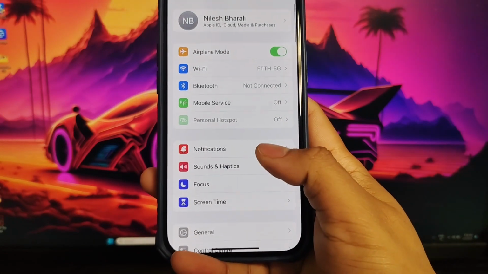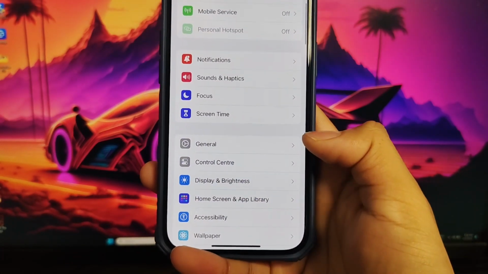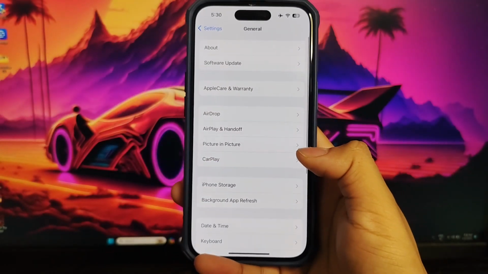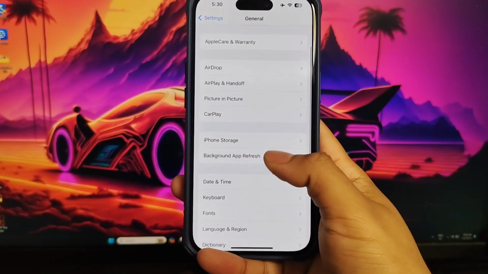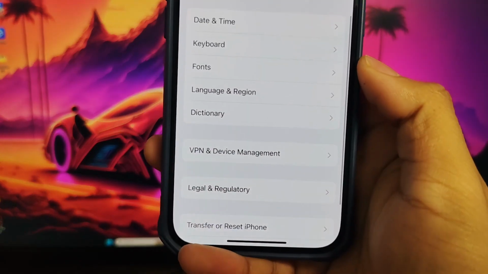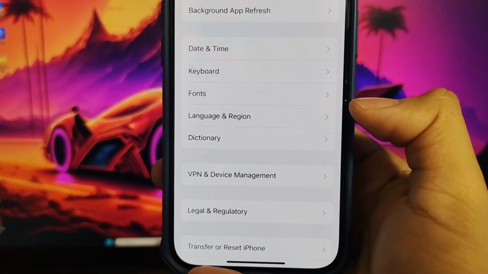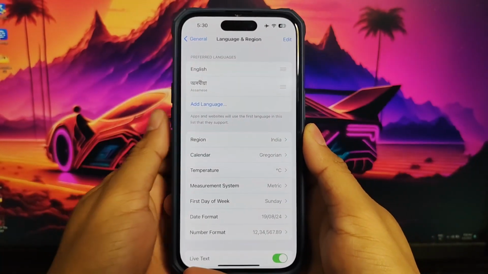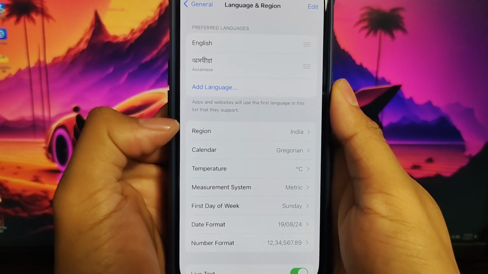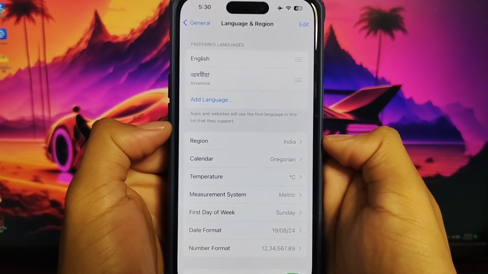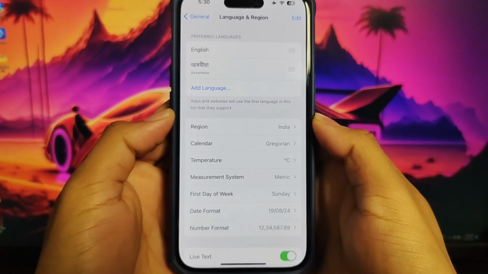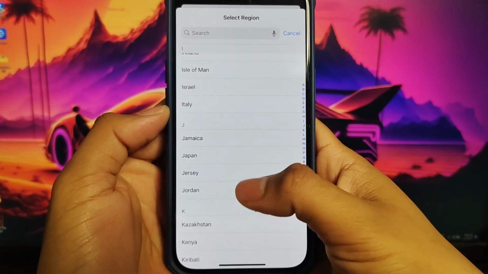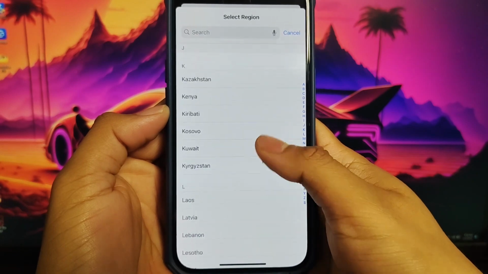From here, we need to swipe down and go to General. Now we need to again swipe down and find this option called Language and Region, and from here you will find this option called Region. So if you want to change the region, tap here and change to the place you want,